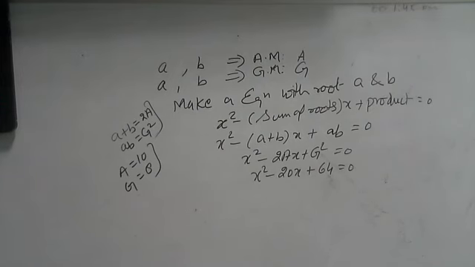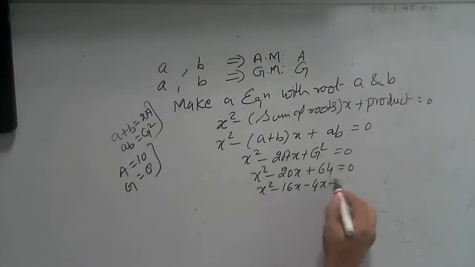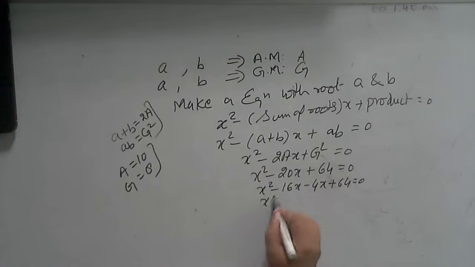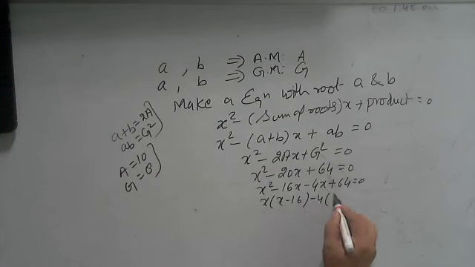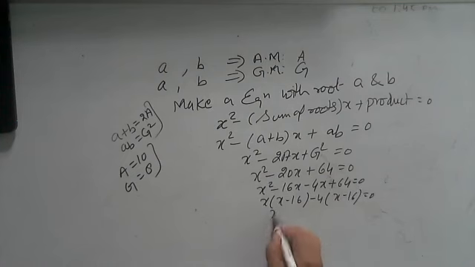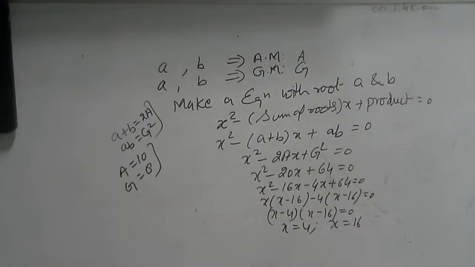Now the roots of this equation will be, yes, just convert this 20 in terms of the sum of two numbers whose product is this. x square minus 16x minus 4x plus 64 is equal to 0. x common, (x minus 16), minus 4 common, (x minus 16) is equal to 0. So (x minus 4)(x minus 16) is equal to 0. It gives you x is equal to 4 and x is equal to 16. So in this way we will be able to find the values of a and b. Just try a few more questions.